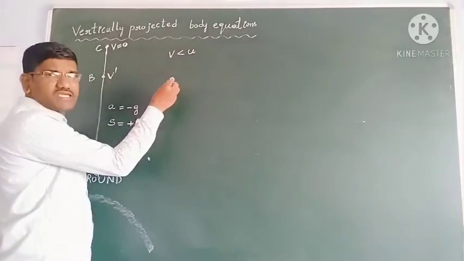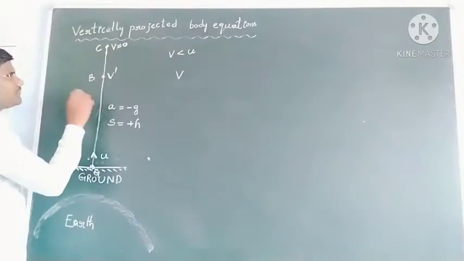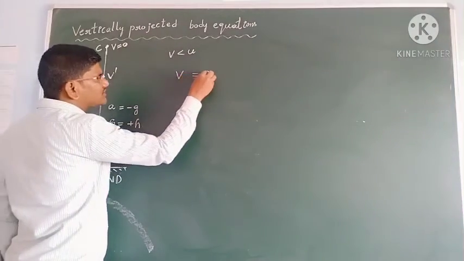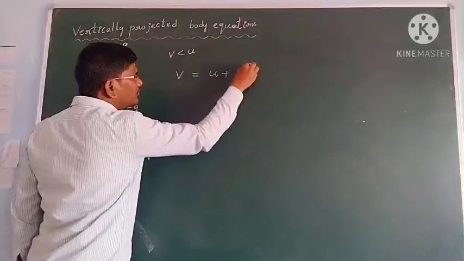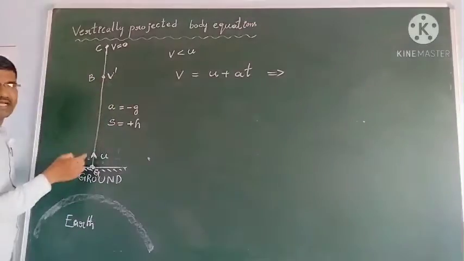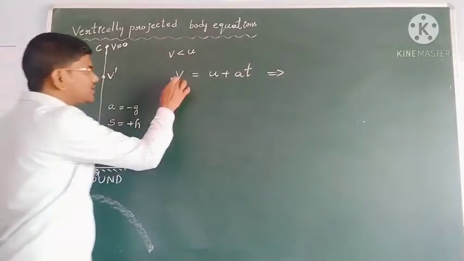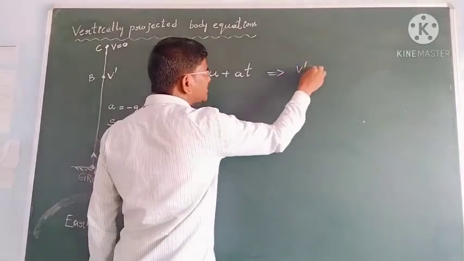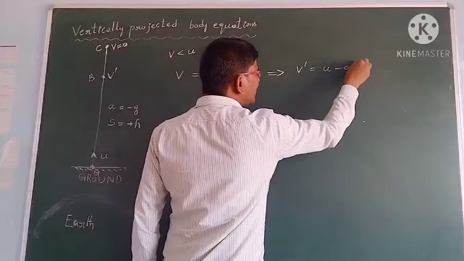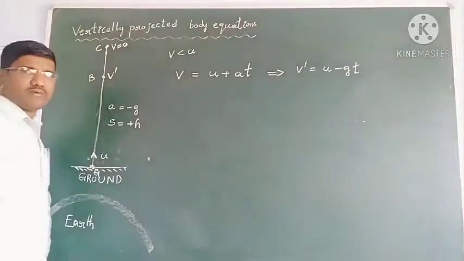Then how does the first kinematic equation change, you see, students? After reaching some point, the velocity is v dash. First kinematic equation we have v is equal to u plus at. It changes: velocity after a certain height from the point of projection. Since it is above the point of projection, this v can be taken as v dash, and a value we have to write minus g. The time is t, time is always scalar. Like that the first kinematic equation changes.